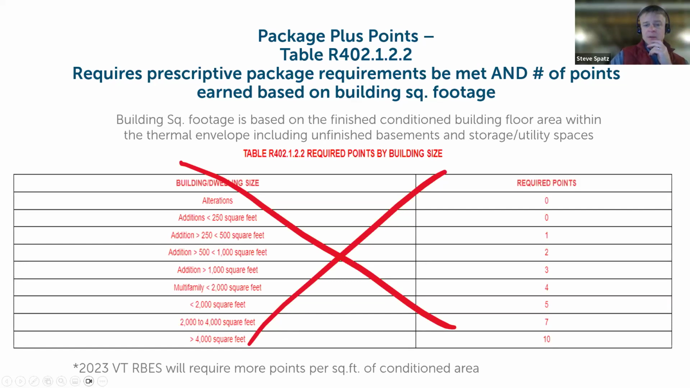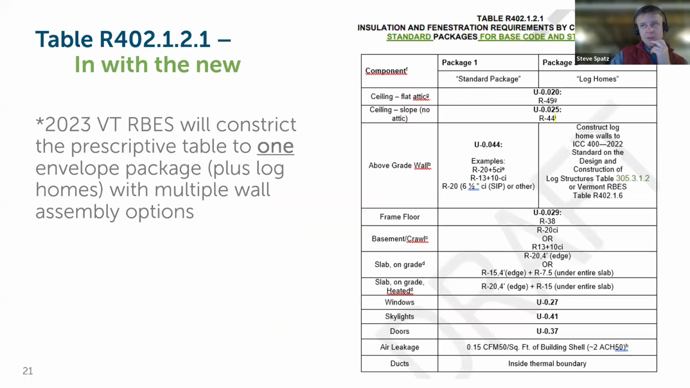So what this is consolidating into for 2023 is the package you'll see in the code, the table that you see in the code. And you'll see that it's just a standard package, and then log homes. Again, log homes has its own requirements for wall assemblies specifically. So this is what you'll see as a reference point for R values, and now it's also being defined as U value assemblies as well in the code, which is a departure from what has always been the